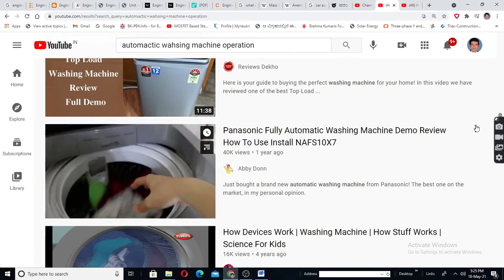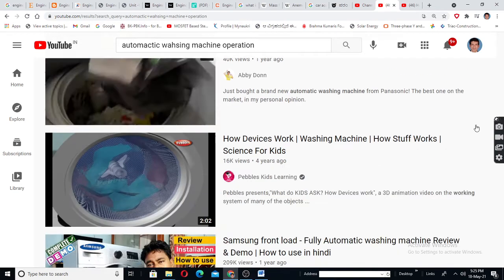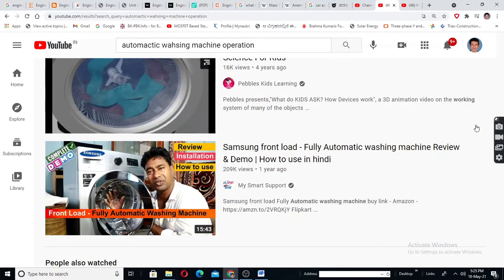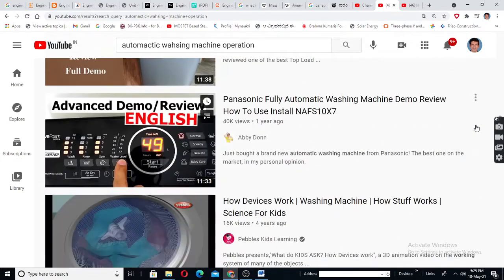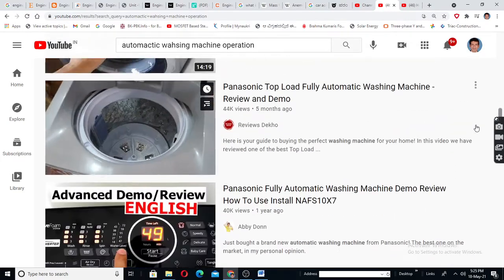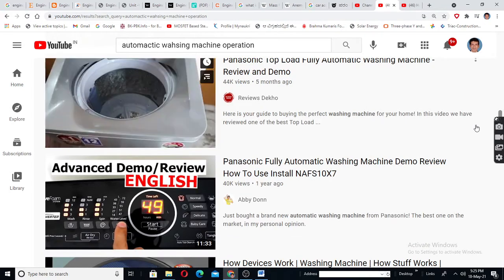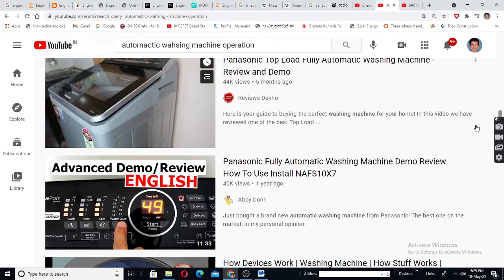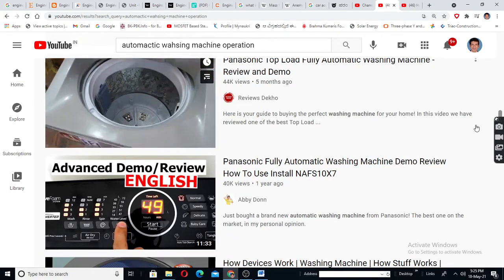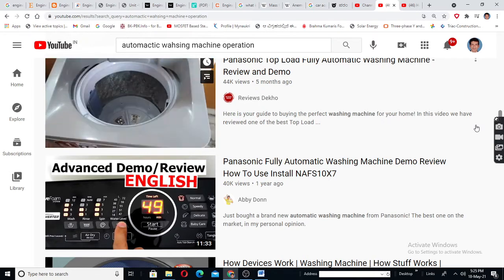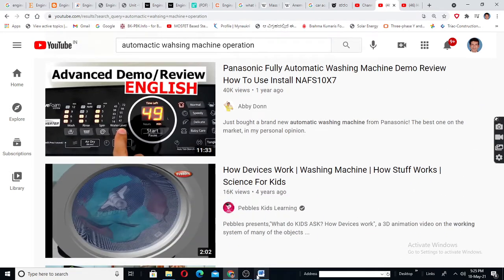You have a display as well as keys in the bottom left side corner. You can select the cycle that you need. Cycle means there are different operations.